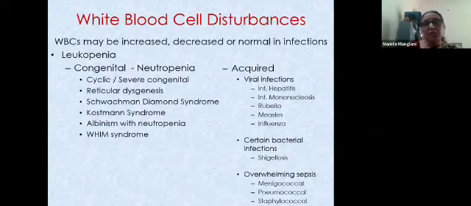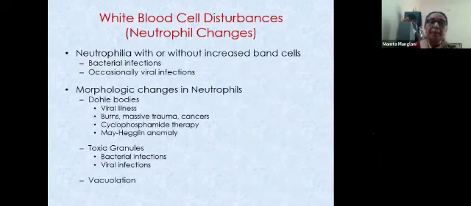But you must keep in mind, if you have neutropenia which is persisting, think of cyclic or severe congenital neutropenia in young babies, reticular dysgenesis or SCID in young babies, then certain other constitutional aplastic anemias. All these can be seen in young infants, not in older people. But in older people, if you see leukopenia, it can be mainly viral infections, certain bacterial infections, or overwhelming sepsis, when the storage pool gets totally depleted, and therefore you see neutropenia.